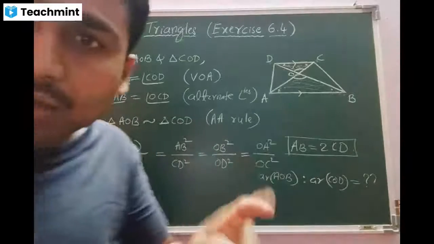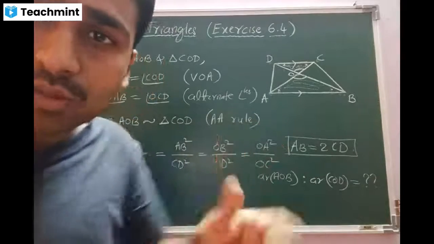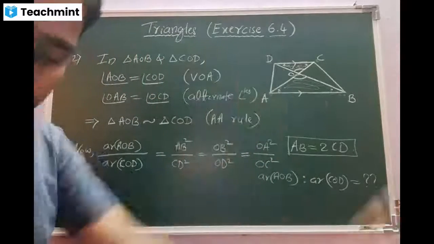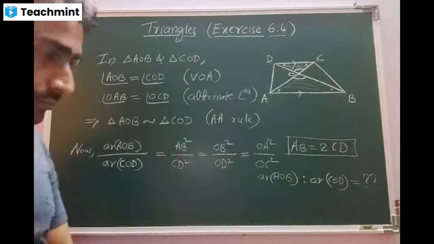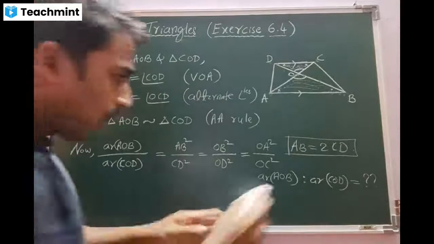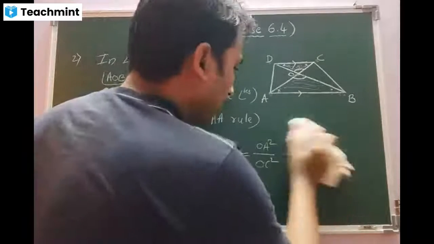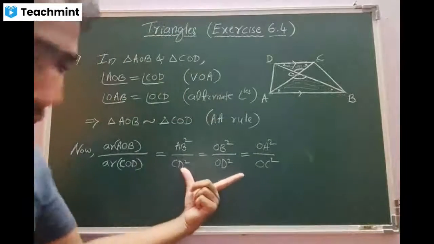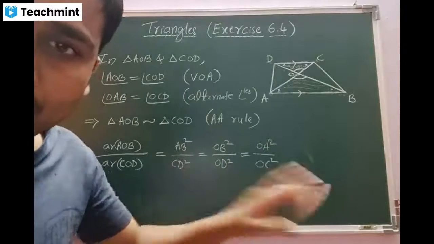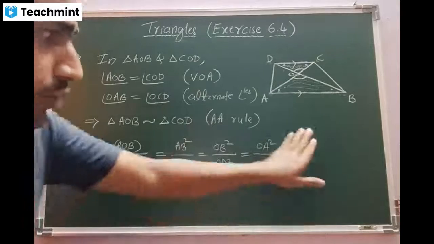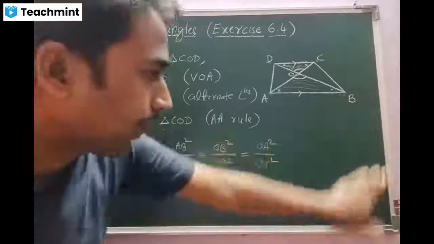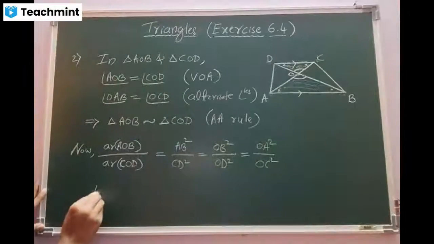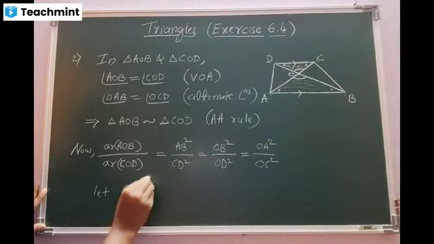If you remember, dushman ka dushman dost, that is what we are doing here. Correct, beta? Yes, sir. So we got all the three ratios. Out of three, two are useless. Only one is useful. Which is useful and which are useless? Sir, AB square by CD square is useful.